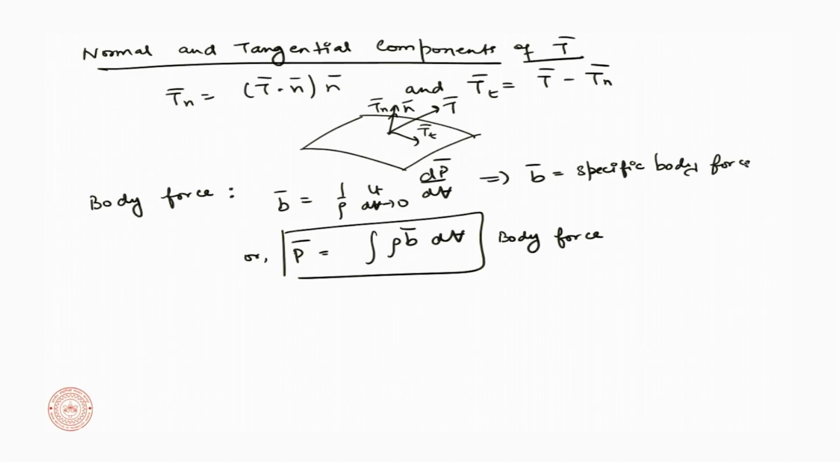Acting on the body. Specific means per unit weight, right. So force per unit weight. So if you see in this case, force per unit weight into density will be force per unit volume, into the volume will give us the force. All right. So the total force